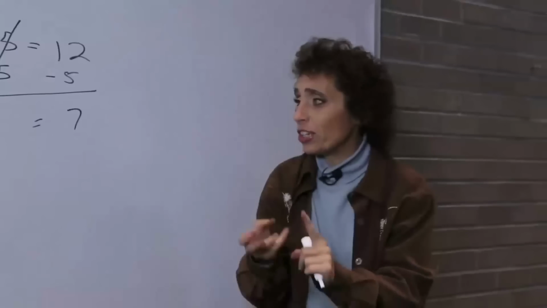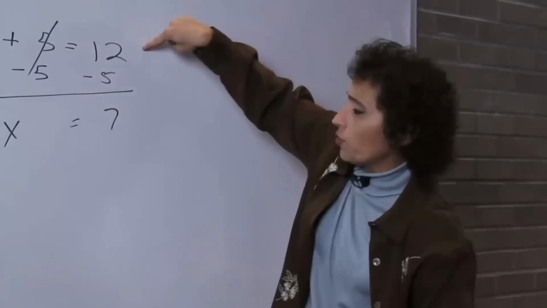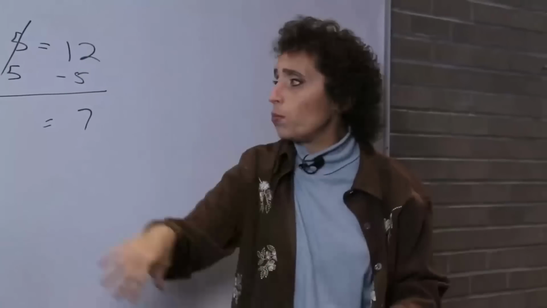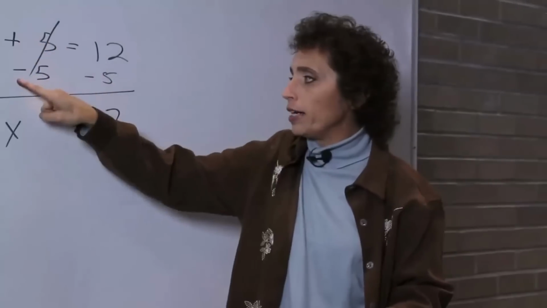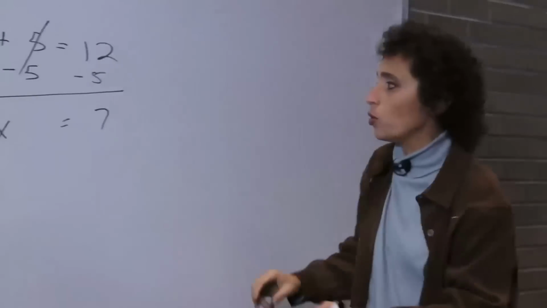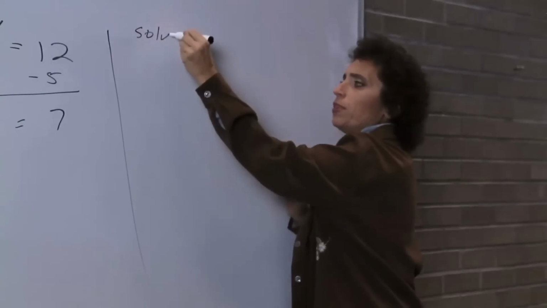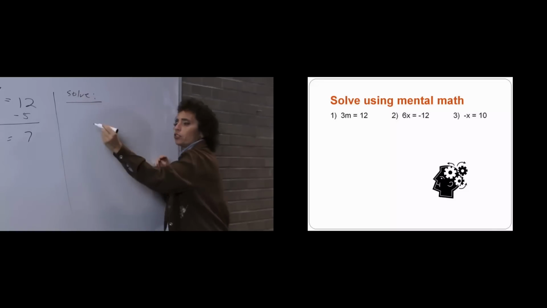What I want you to remember about this is, one, you use the opposite operation, and two, the only way to move from one side of the equals to the other side of the equals is to either do plus or minus. If you see a plus, you do minus. If you see a minus, you do plus. So addition and subtraction moves us from one side of the equal to the other. So let's take a look at this. I'm going to solve these. I'm not going to check these. You can check them yourselves.